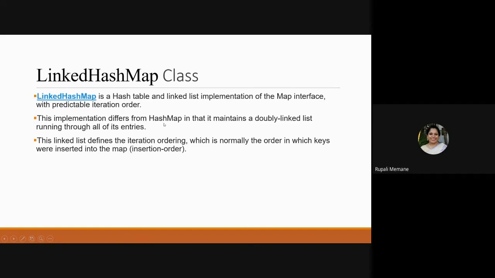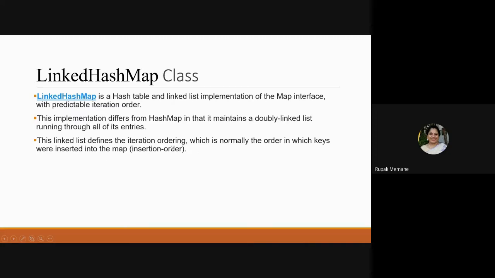Now this implementation differs from hash map. That means it is going to maintain a doubly linked list running through all the entries. Same concept which you have studied in data structures, linked list, everything. All the entries here will be linked to each other, and so the concept is called linked hash map. Now the linked list defines the iteration ordering, which is normally the order in which keys were inserted into the